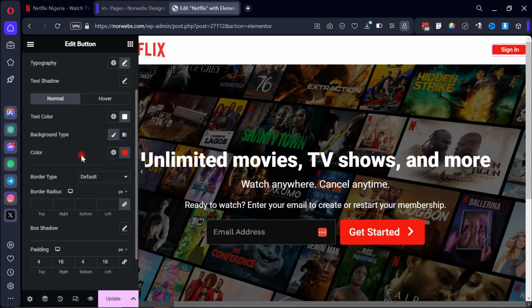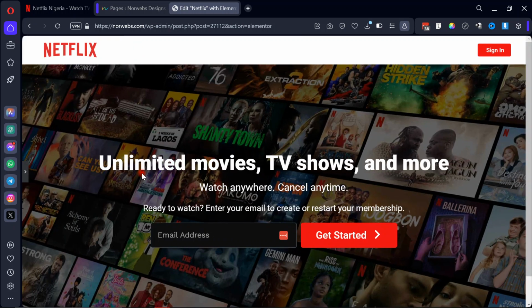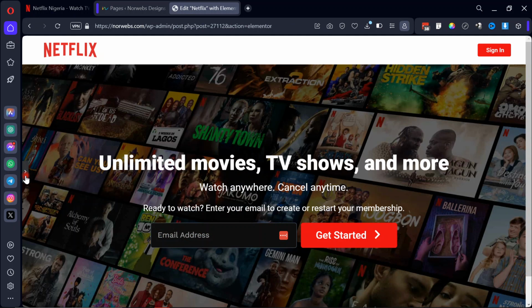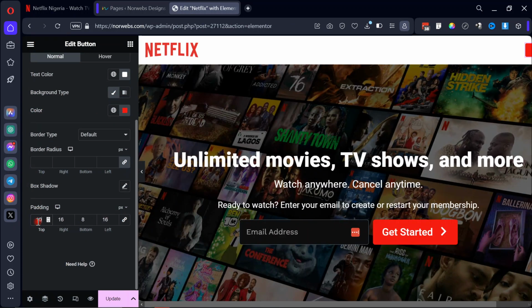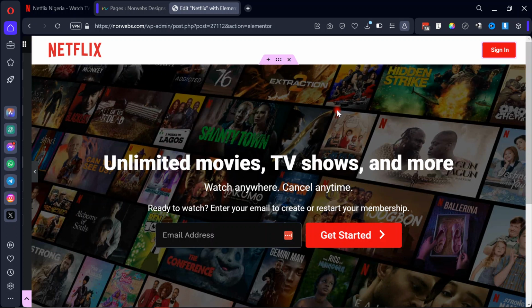Instead of using that, maybe make it 12 at the top. 12. Okay, this is too much. Maybe 8. Oh no, not here, not here. At the bottom, 8, and then 8. Okay, let's see. Alright, so I think this is 10. So I'm kind of gauging it with my eyes. Now, alright, so this looks much like it. Okay, then